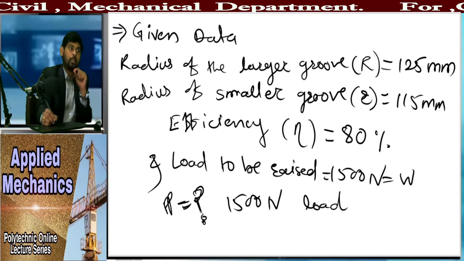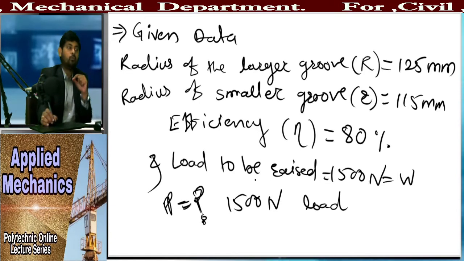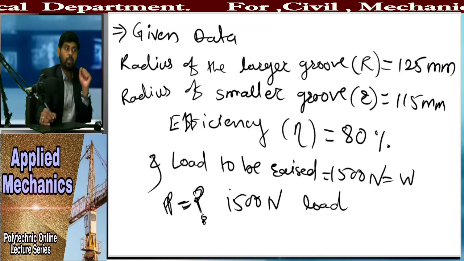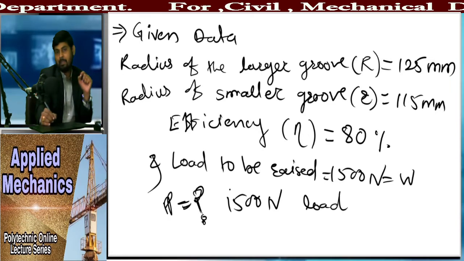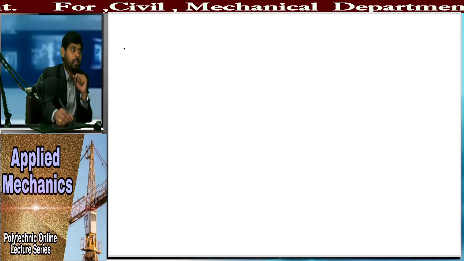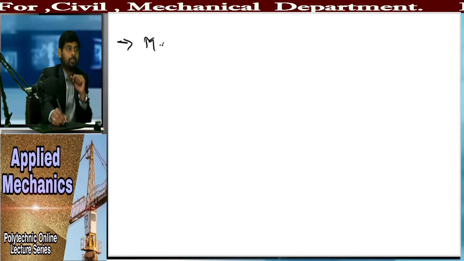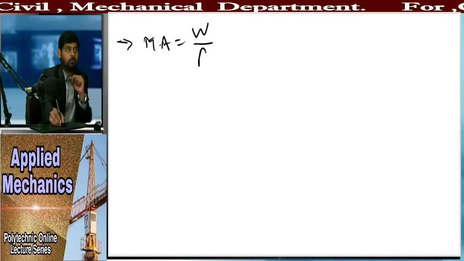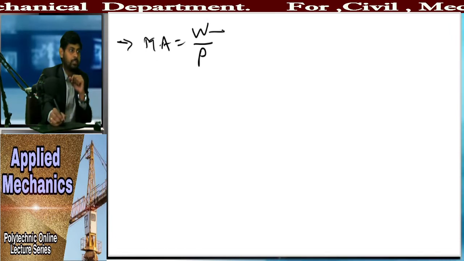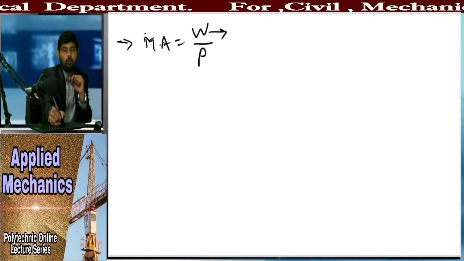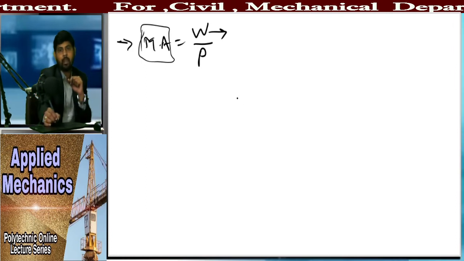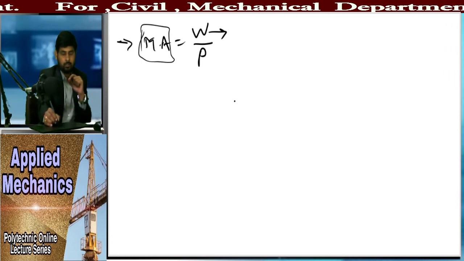Once we have calculated all the given data, now we have to use this given data in our formula. So which formula do we have to use? You should know that. So see here. To find P, we have a formula: mechanical advantage is equal to W upon P, right? But here you can see the value of W is given to us, but we don't know the value of P and we don't know the value of mechanical advantage. So by using this equation alone, we cannot find out the effort required to lift the load.